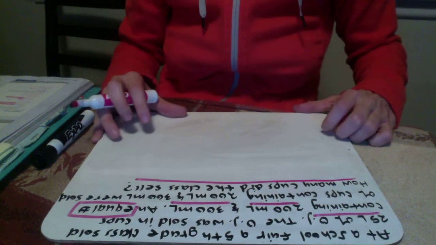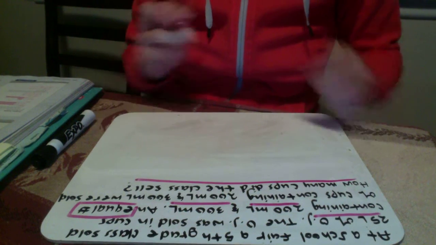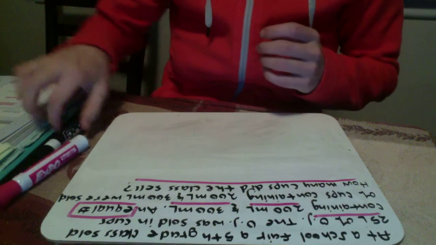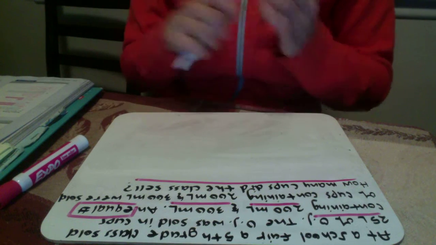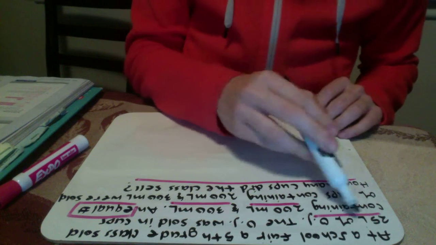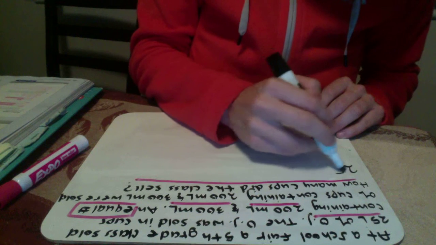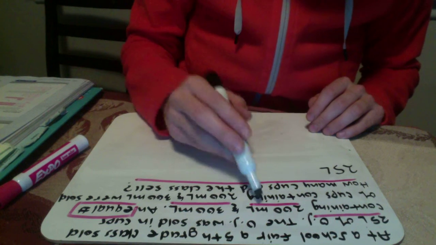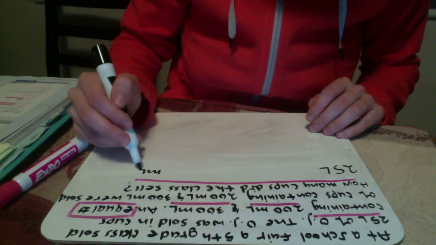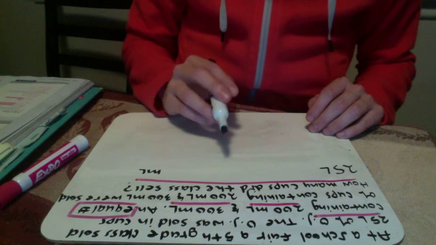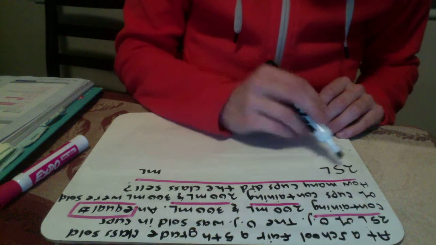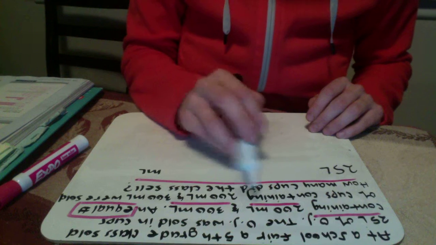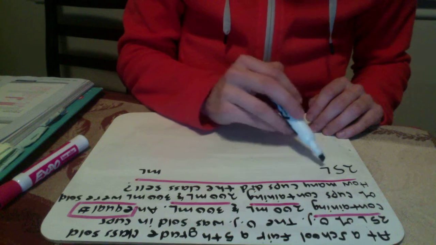So there are a couple different steps we need to use to solve this problem. The first thing we're going to do is make sure that we're working in the same set of units. If you notice up here, we've got 25 liters and we've got milliliters in increments of 200 and 300. Since we have two already that are in milliliters, let's go ahead and convert our liters to